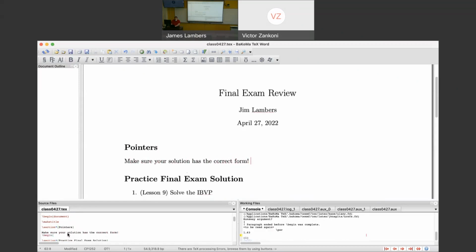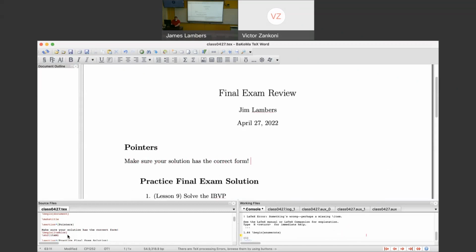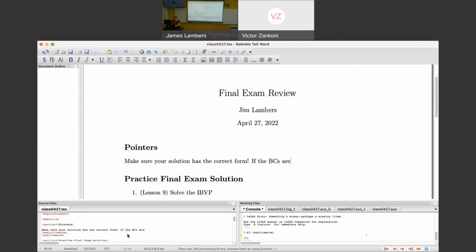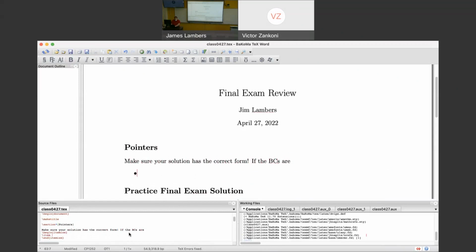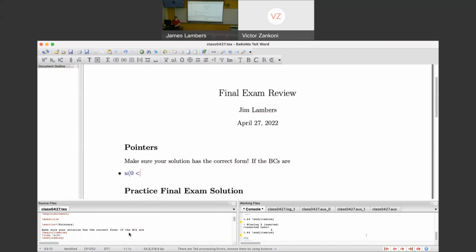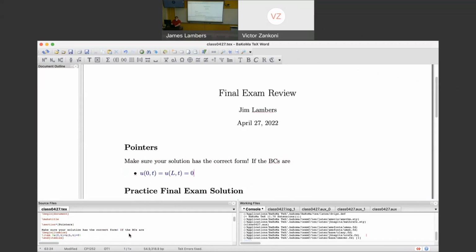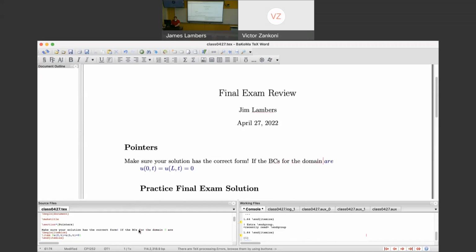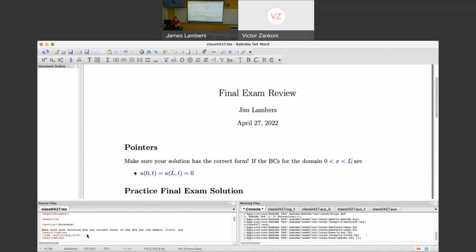What I mean by that, with a couple of examples: say the solution is 0 on the boundary, x equals 0, and we're assuming that the domain consists of 0 less than x less than L. Then you have a Fourier sine series,